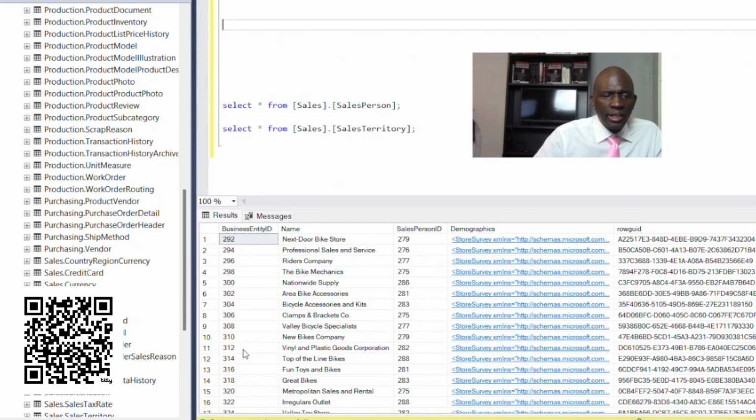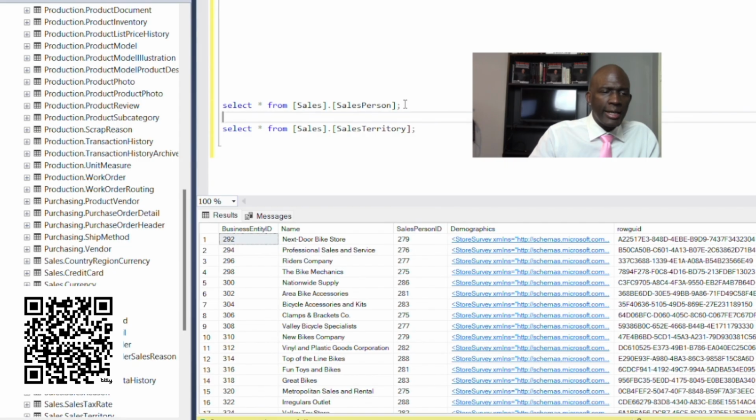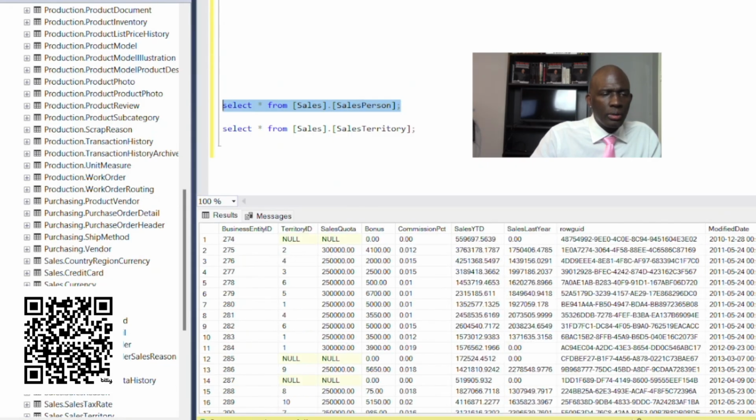And if we want to link this table to another table, then we've got to see what other tables it is associated with. Well, it's associated with the salesperson table. The reason why I know it's associated with the salesperson table is because it has the salesperson ID, which is the primary key for the salesperson table. So if I come over and I select star from sales.salesperson, and I hit execute,